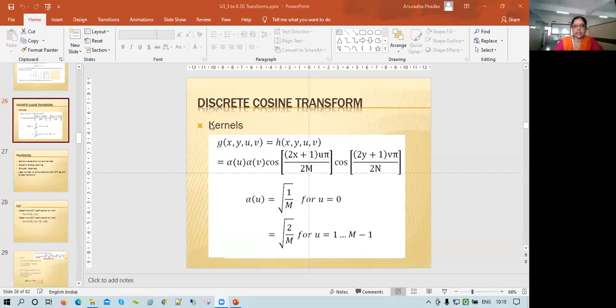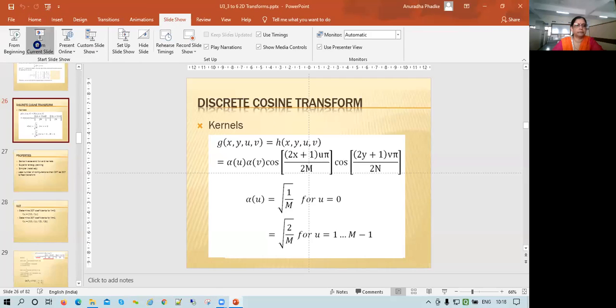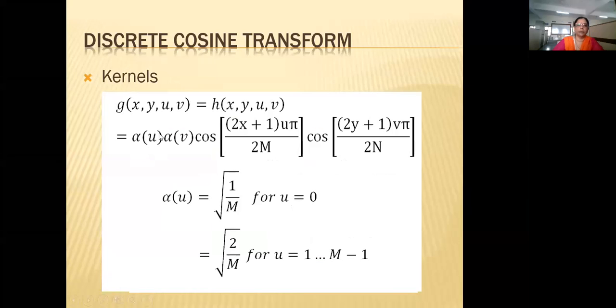Okay, so this is the equation for DCT. Let me start the slideshow. Okay, so if you look at the equation of DCT, the forward transformation kernel of DCT is identical to the inverse transformation kernel